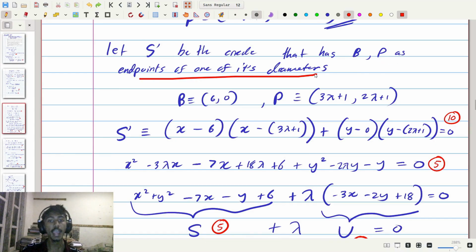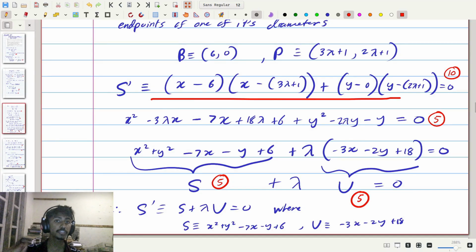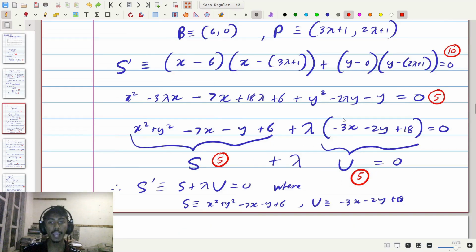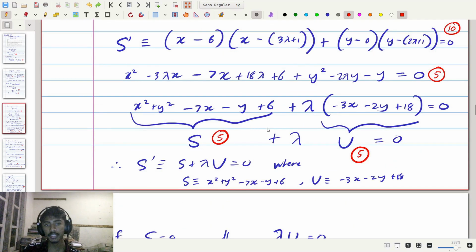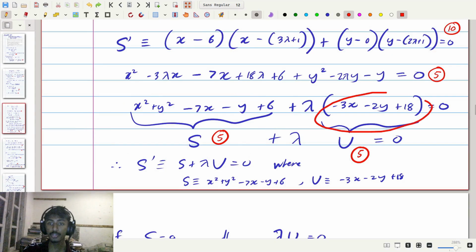of the diameter, and directly write the equation corresponding to that, which is x minus x1 times x minus x2 plus y minus y1 times y minus y2 equals 0, you get 10 marks for the direct substitution. After that, when you simplify a little bit, you get 5 marks, and then when you simplify further and rearrange to get S, you get 5 marks for S, and when you get lambda times U, you get 5 marks